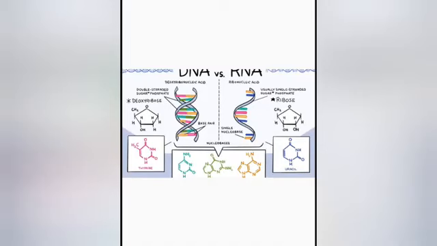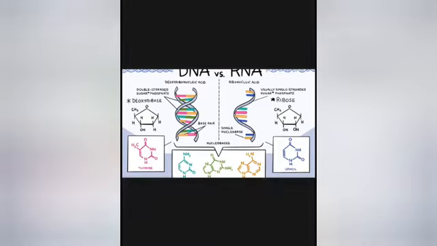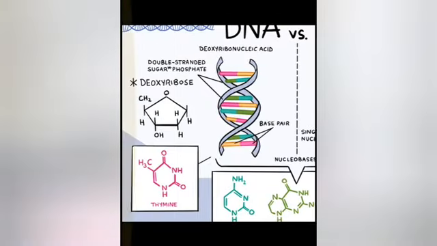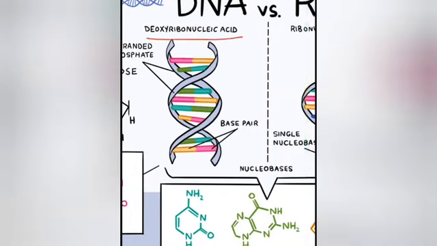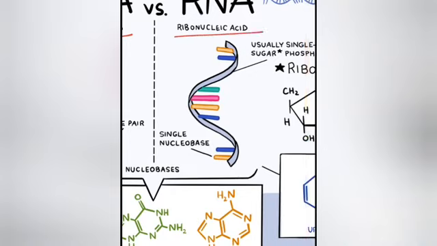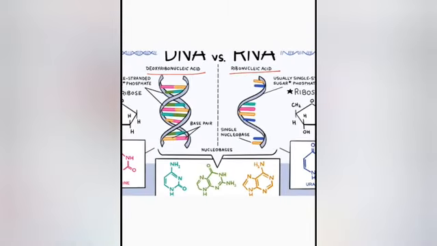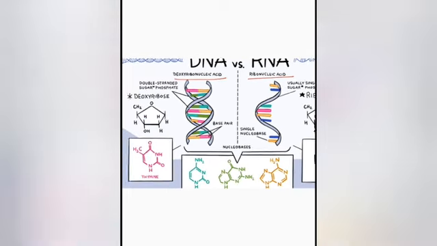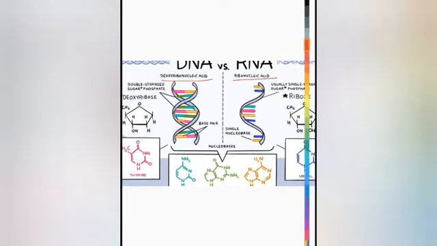Now let's talk about the different nucleic acids. The two different nucleic acids are deoxyribonucleic acid and the other one is ribonucleic acid. We have already discussed the different components of each of these. The difference between DNA and RNA is very important and you have to learn that as well. You can learn that from your book, and the main differences we will study here. There is a comparison wise diagram in here, so it will be easier for you to understand.